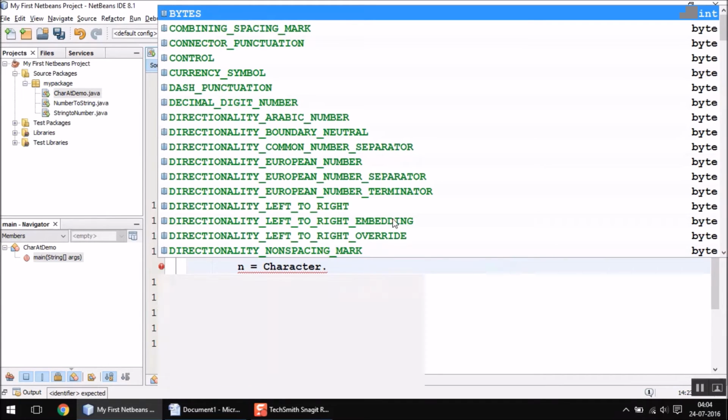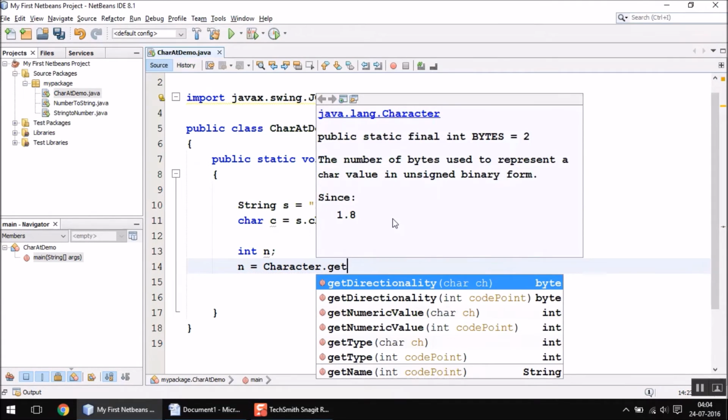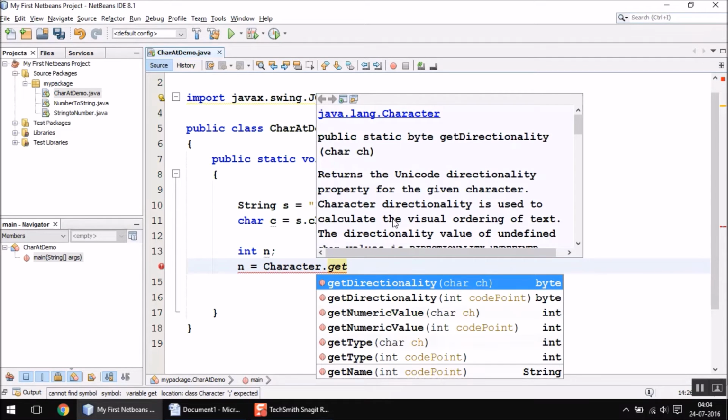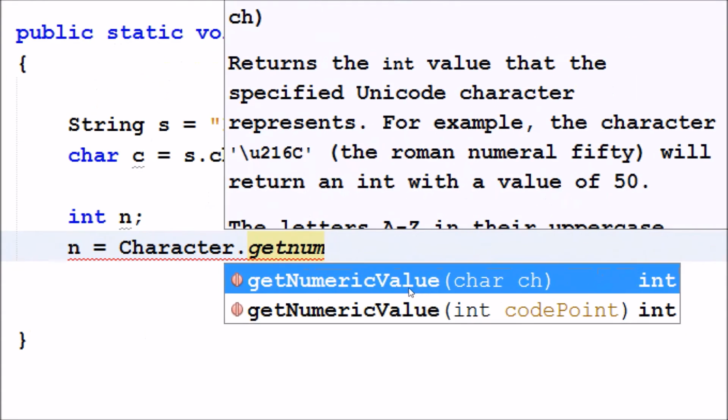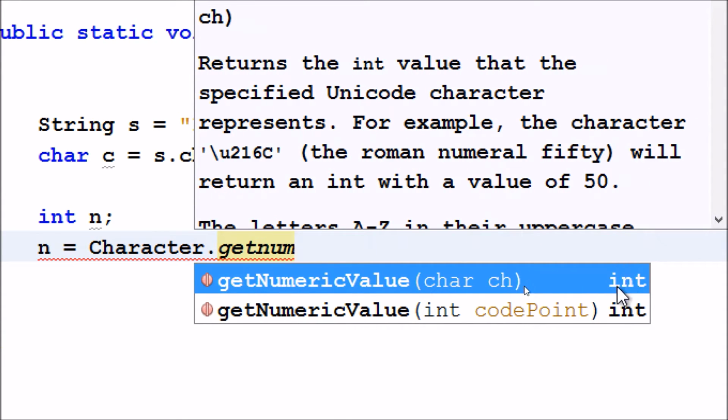In this class we have a method which is getNumericValue, as you can see on my screen. When I use this method, it requires a char type variable inside its brackets, and it gives me the integer value after converting it, in this case.